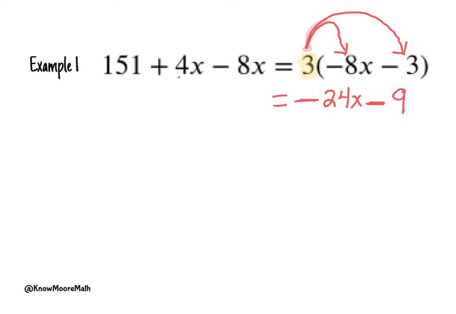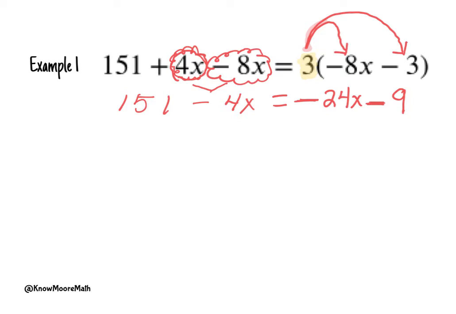So I can see that I have this 4x and also this negative. Don't forget about that negative 8x. And so I am going to combine like terms. So negative 8x and a positive 4x gives me a negative 4x. And then I'm just going to bring down the rest of the equation. And then I have 151. Okay. So now I'm going to do my check